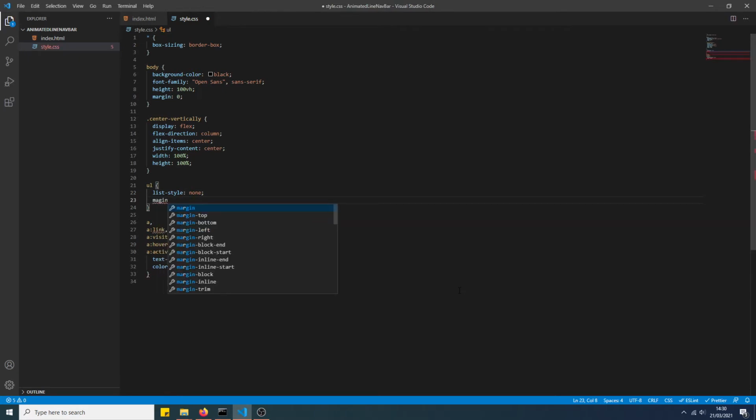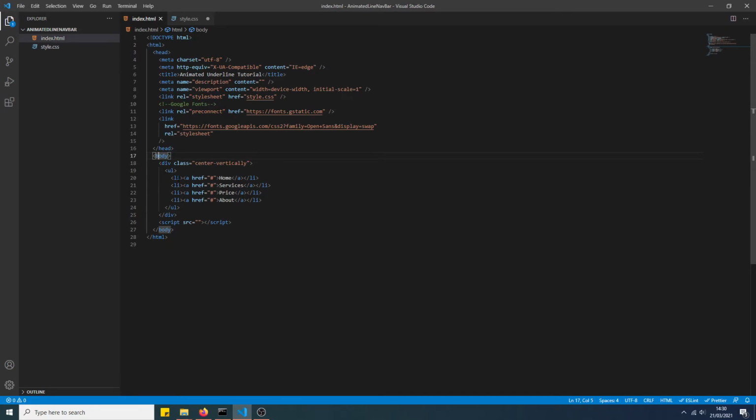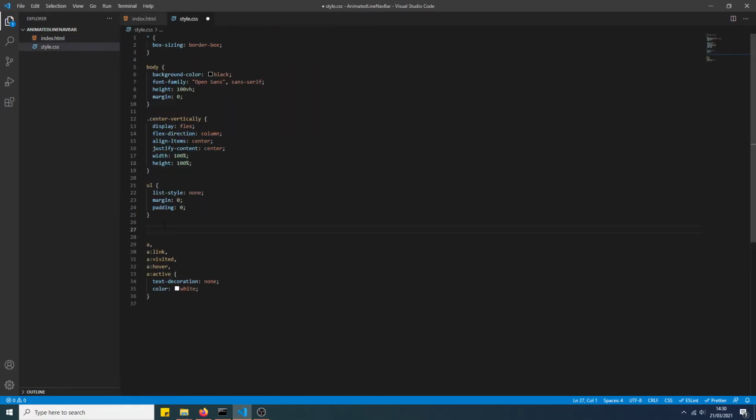So margin 0. Again, this is to remove the default padding and margin that our browser puts onto the unordered list element, but we don't want that, so we override it as so. And then the list items are contained in this unordered list. So to select them,